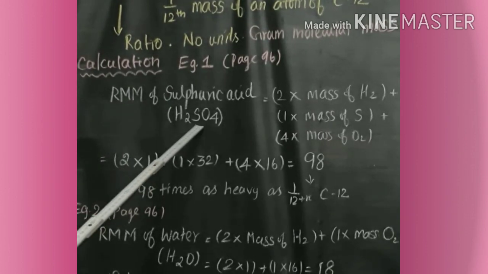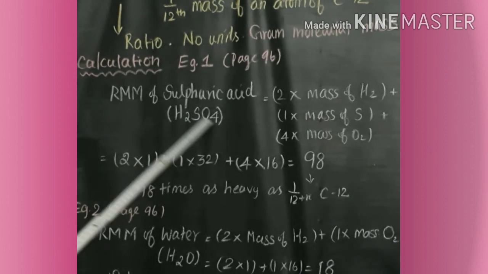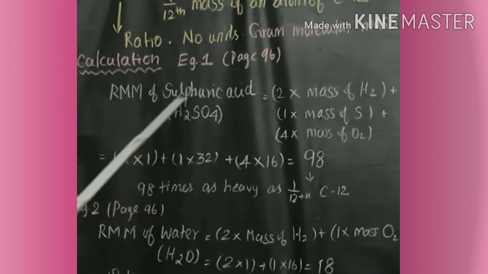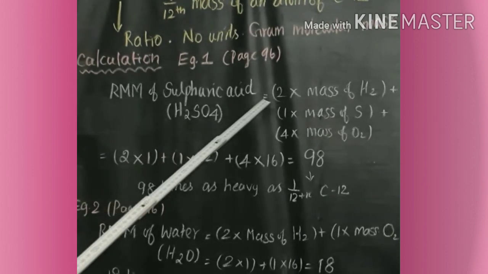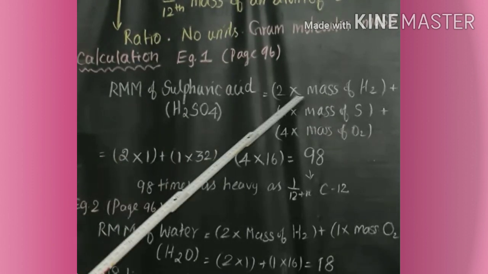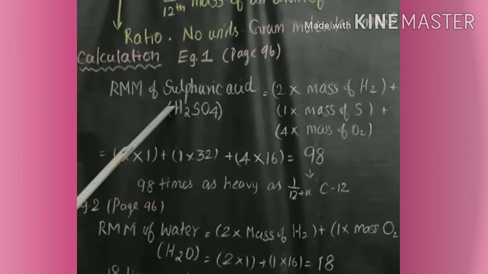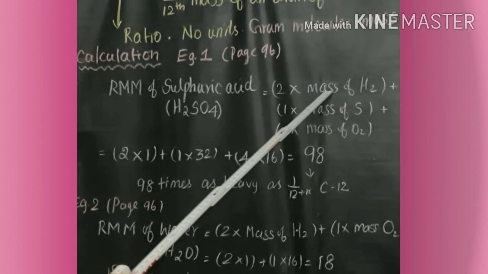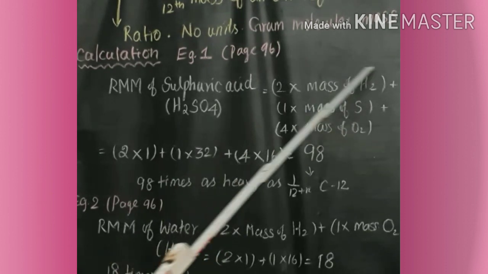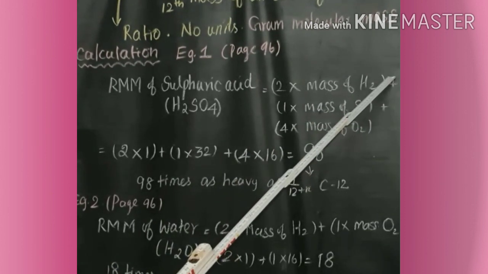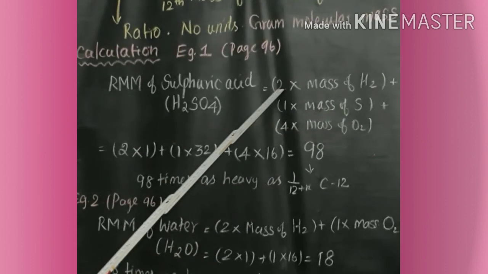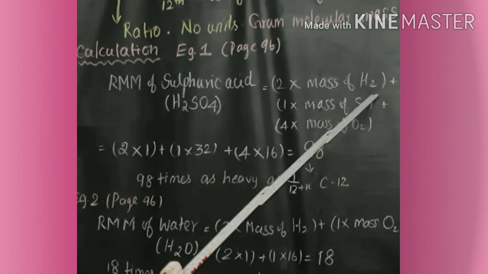Now you see the molecular formula and then find how many different atoms are present. Here hydrogen, sulfur and oxygen, 3 different atoms, are present. And how many atoms are present? 2 plus 1 plus 4, 7. Totally 7 atoms are present. And how will you calculate the relative molecular mass? In the first step, you have to write the 2 hydrogen atoms: 2 into the mass of the hydrogen atom. You have to put it in a bracket and add. It's very important. The first atom should be put in a bracket, with the number of atoms present multiplied by the mass of that atom.